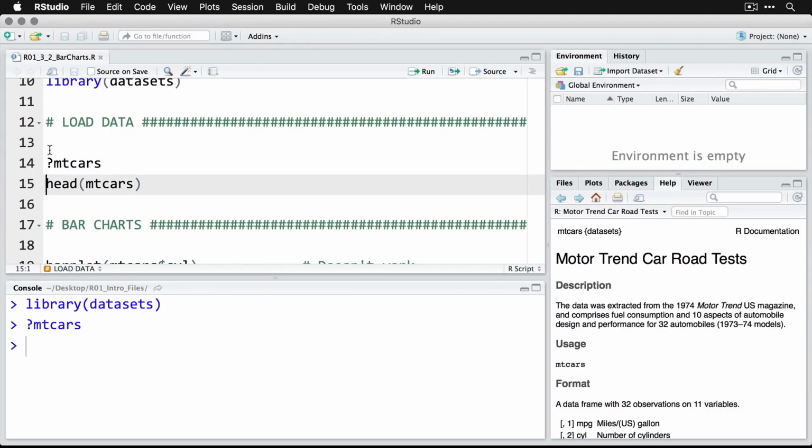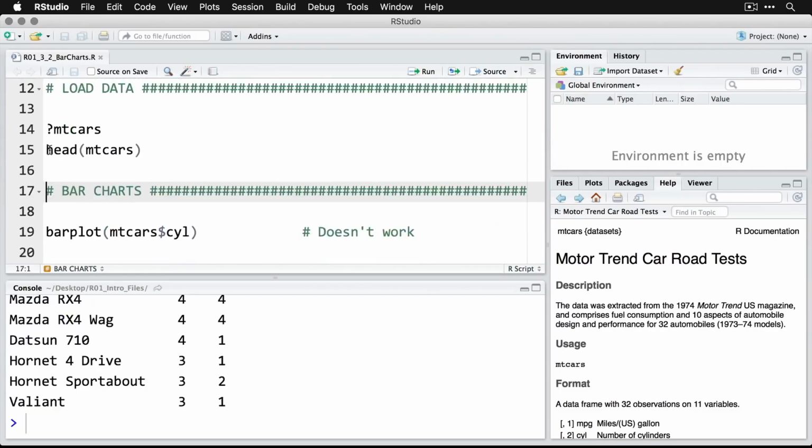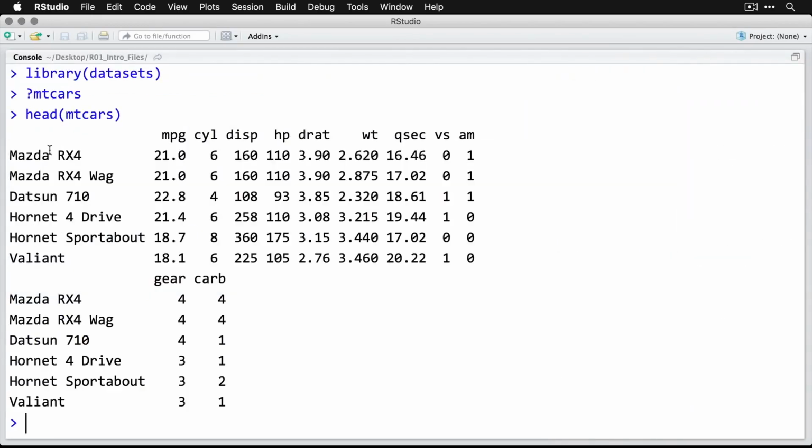Let's take a look at the first few rows of what's in mtcars by doing head. And I'm going to zoom in on this. And what you can see is that we have a list of cars, the Mazda RX4 and the wagon, the Datsun 710, the AMC Hornet, and I actually remember these cars. And we have several variables on each of them. We have the MPG, miles per gallon. We have the number of cylinders, the displacement in cubic inches, the horsepower, the final drive ratio, which has to do with the axle. And then we have the weight in tons, the quarter mile time in seconds,